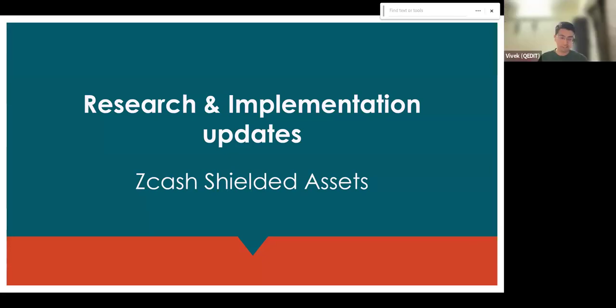Hi, everyone. So yeah, I'd like to start first with some project updates. I think in our update last month, we shared that we had given an initial draft of the asset swap ZIP 228. So that's still there. We've made some minor typo corrections and some other streamlining. That's still there as it is.